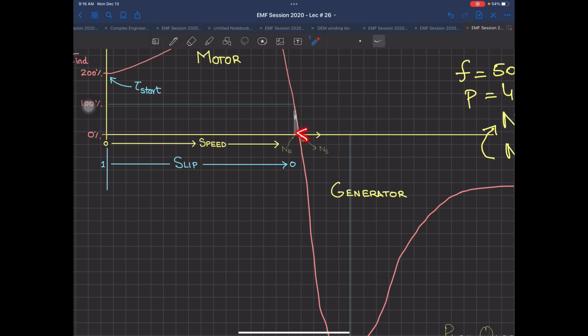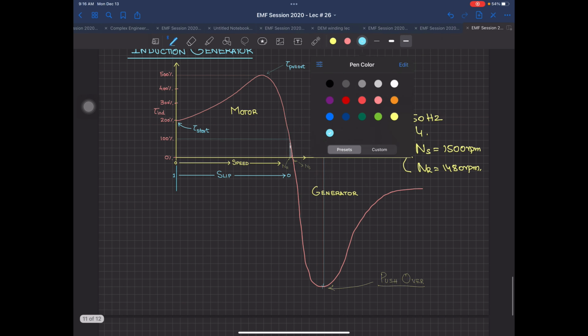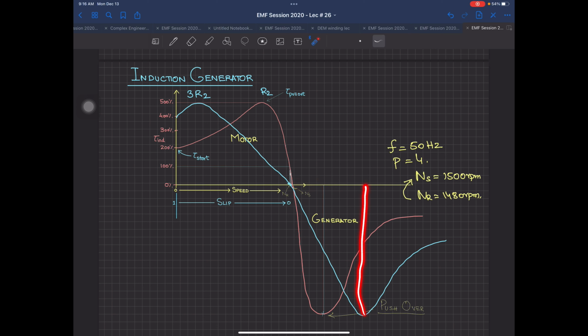Now, this speed variation is so small that sometimes you will have to change the speed or the resistance R2. Let me call it over here, like this. So now when you have changed this one, this is R2. In your book they have called it 3 times R2. So now what happens over there? Previously the speed variation was just this. Now over here you have a speed variation this much.